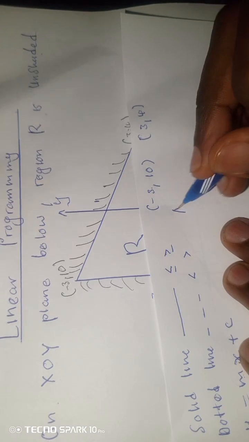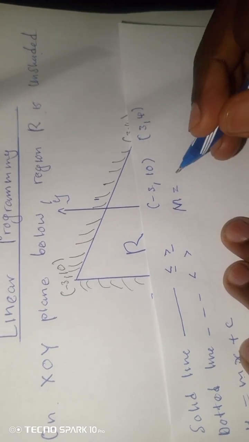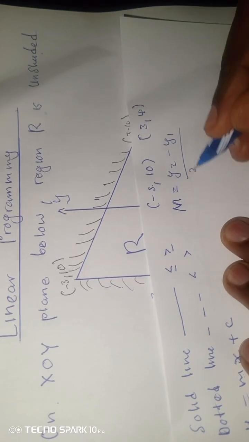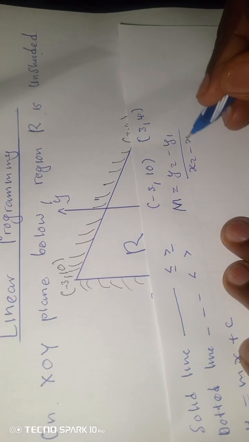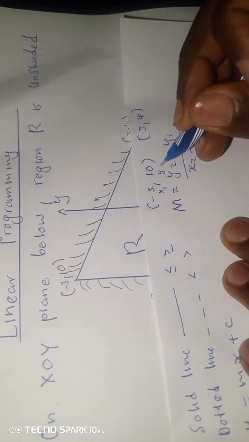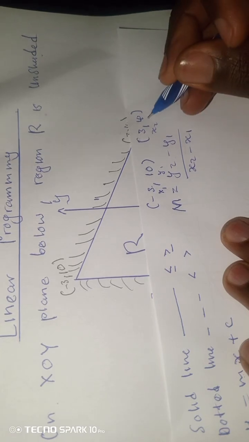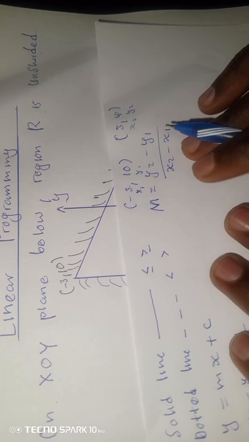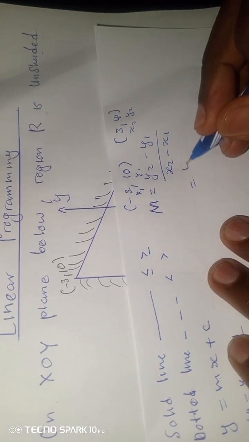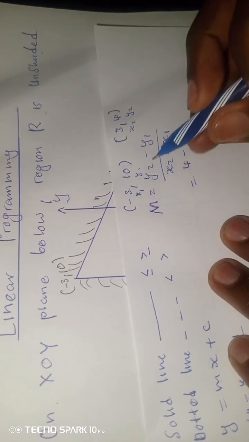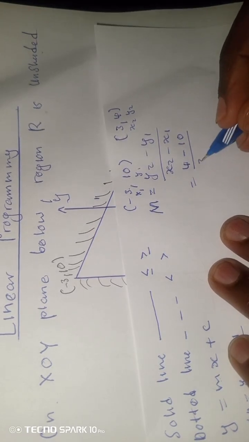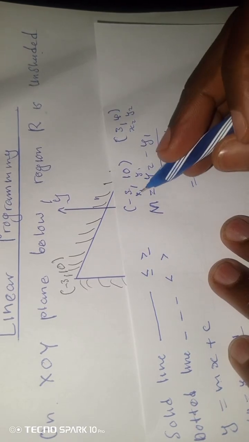I'll write the formula: gradient equals y2 minus y1 over x2 minus x1. Then I'm going to assign these coordinates. This one I'll call x1, y1, this will be x2, y2, so that it will be easy for me to just replace here. So my y2 is 4, minus my y1 which is 10, over my x2 which is 3, minus my x1 which is